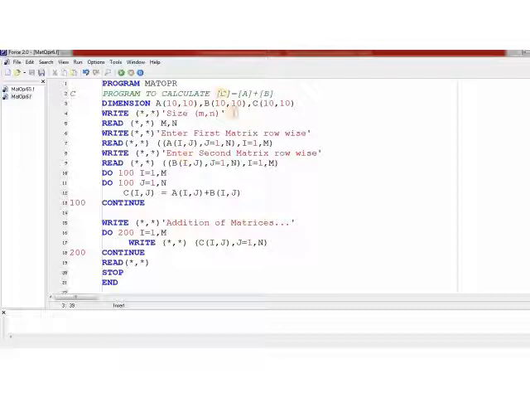So if I want to calculate x, which is the sum of y and z, then in that case I'll have to change or replace all the names in the program. So A will be replaced with... x is y plus z, so this becomes y, this becomes z, and this is x.